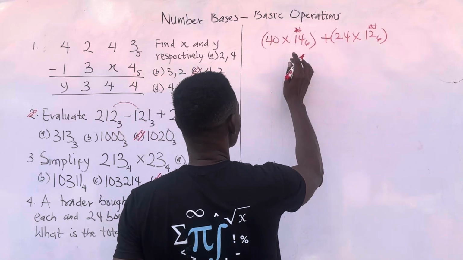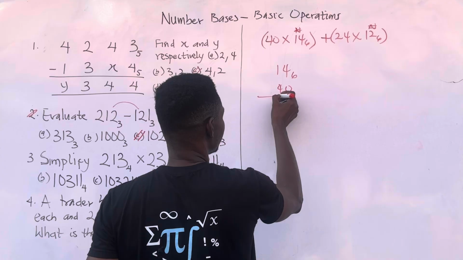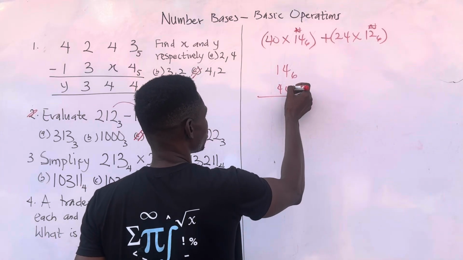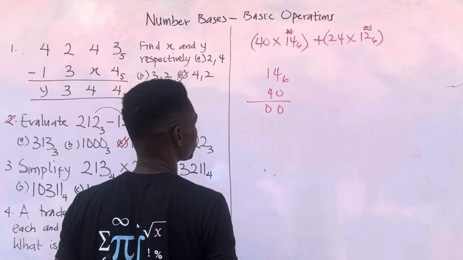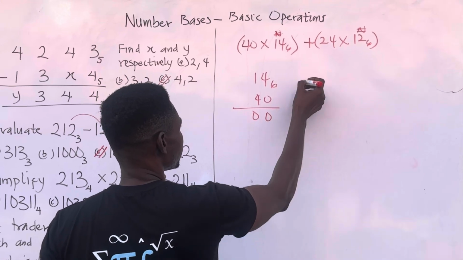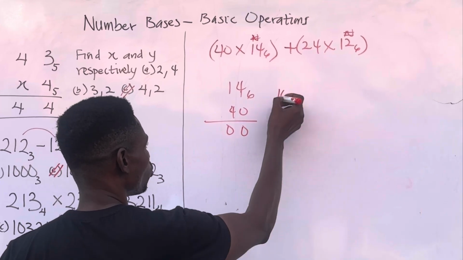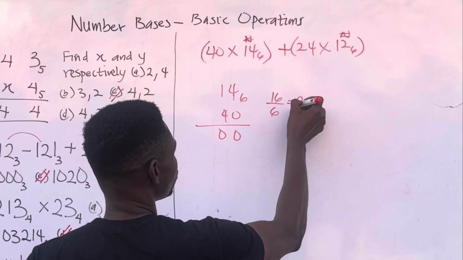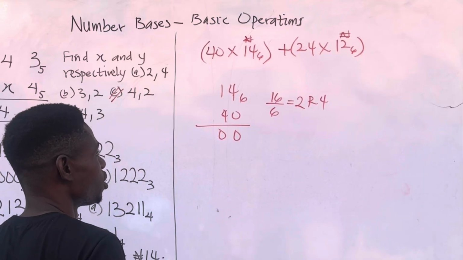So let's start with this. We have 14 in base 6 multiplied by 40. 0 multiplied by 4 is 0. 0 multiplied by 1 is 0. 4 multiplied by 4 is 16. But we cannot write 16 because 16 is not a number in base 6. So we divide it by 6. 6 times 2 is 12, remainder 4. 12 plus 4, 16. So we write down